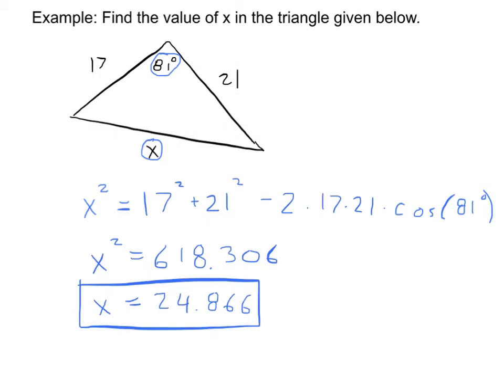At this point, you've probably gotten used to me asking the question, is this answer reasonable? Well, it certainly seems like it from the picture. Pictures aren't always to scale, but you could go with the idea that these angles have to add up to be 180, which means these two have to add up to be 99 or 100. They can't be 50 and 50,